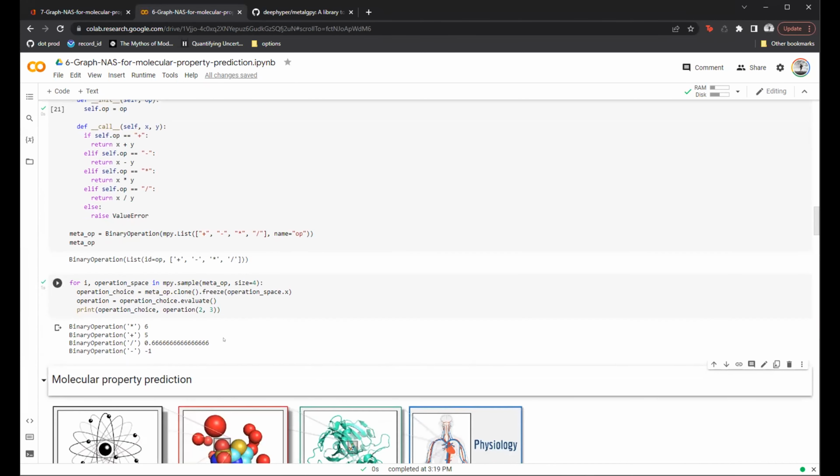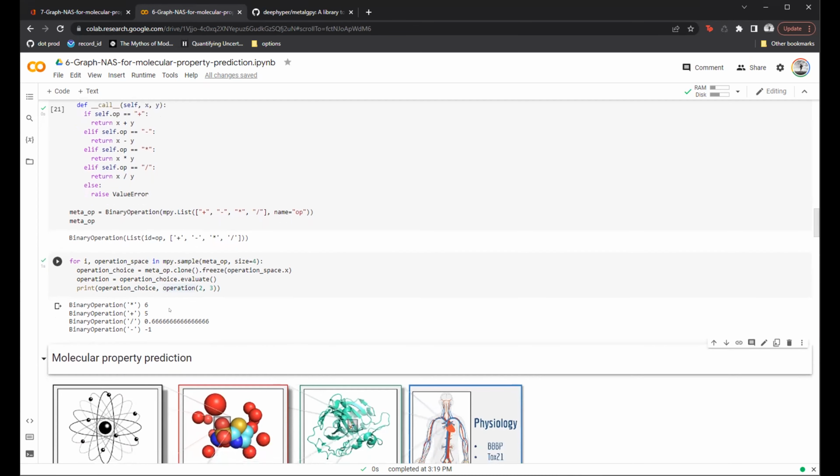So for a given two numbers, 2 and 3, it shows you how it tried to perform different arithmetic operations, and each of these operations are evaluated only when you hit evaluate, and you can see how expressively it tried to convert a very simple arithmetic operation into a symbolic expression, thereby making this much more expressive than your normal Python programs, I guess.